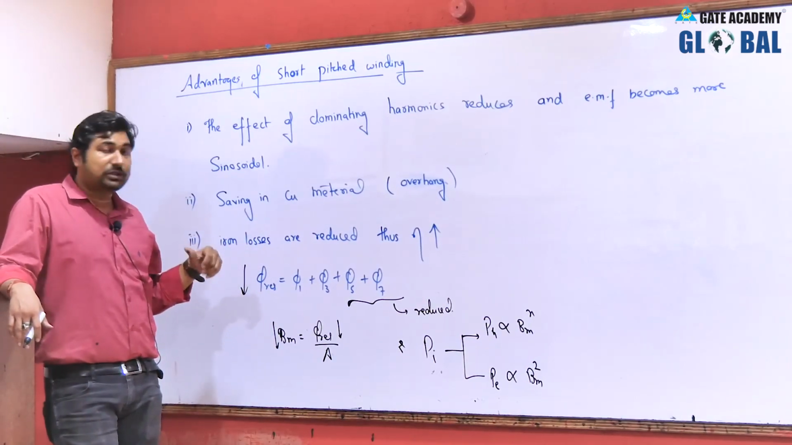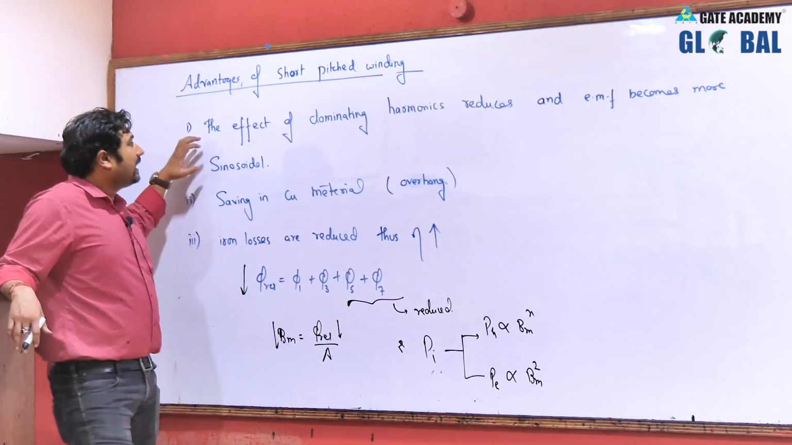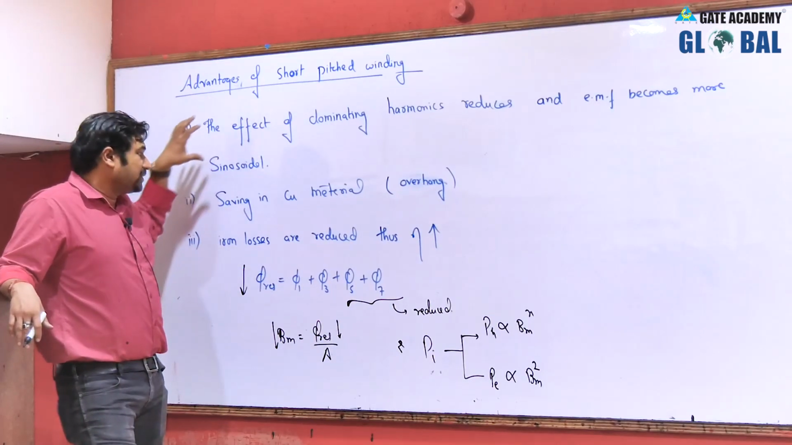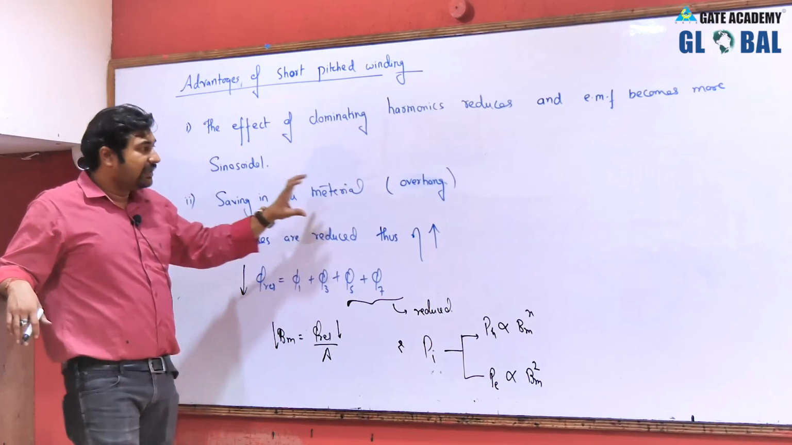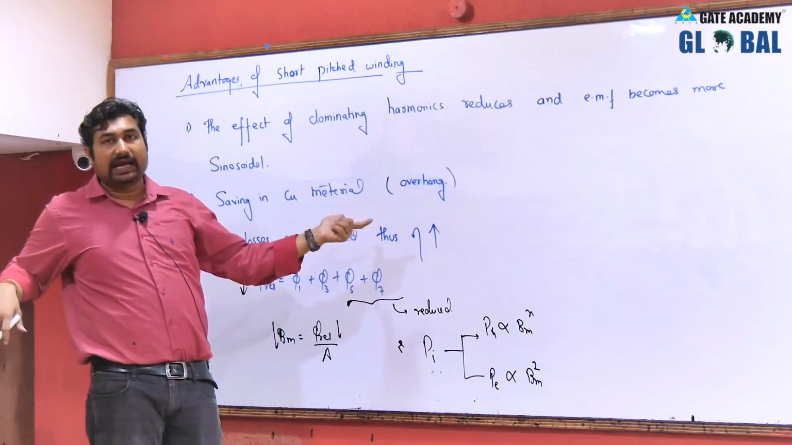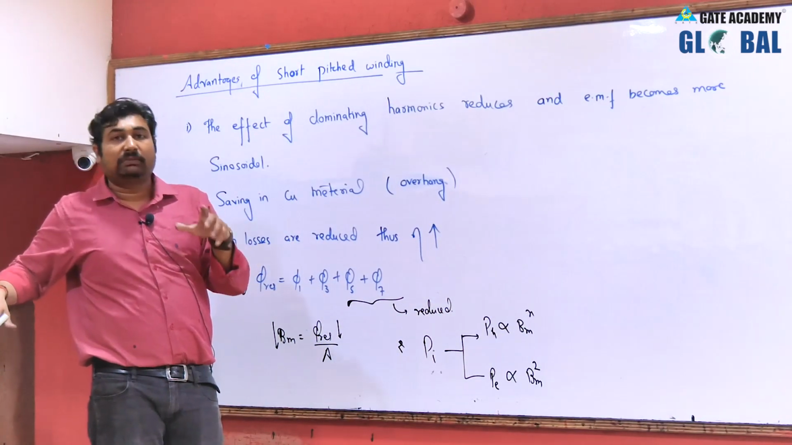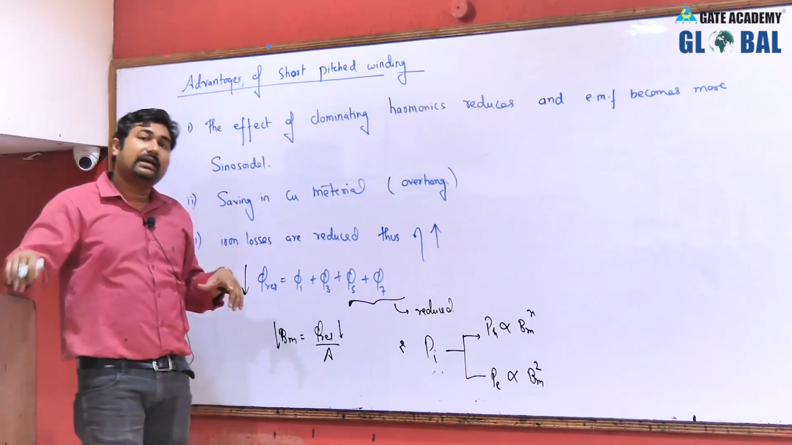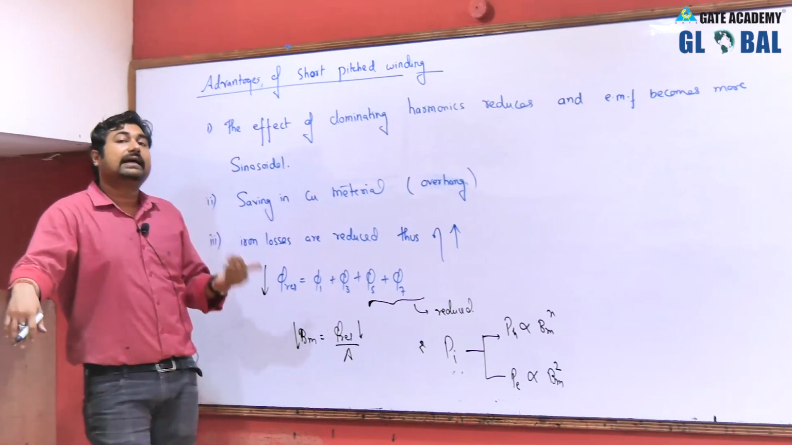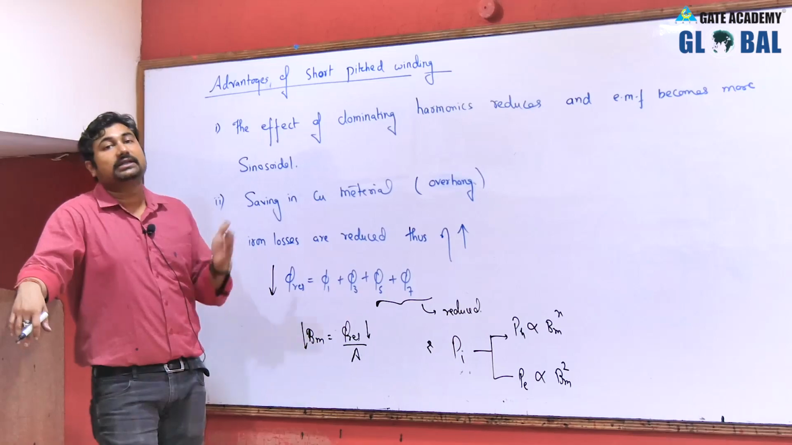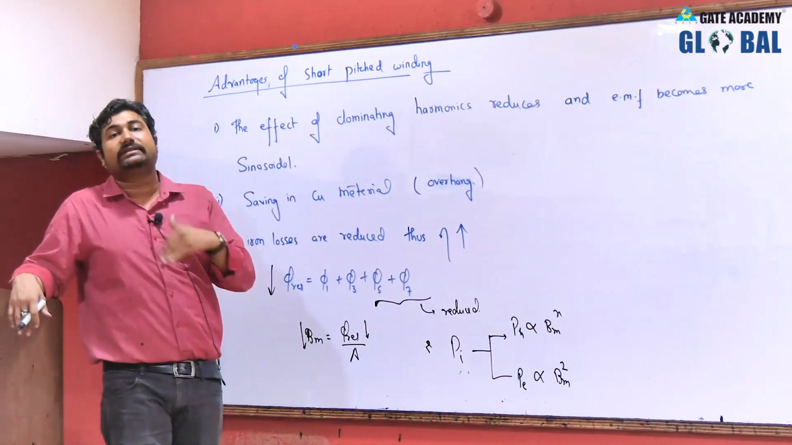The first objective is to get the sinusoidal induced EMF, which we can achieve by short pitching of the winding. The second is saving copper material in the overhang. The lengths of the conductors are not changed, but by short pitching, the overhang length required will be lower, and that reduces the overall copper and thus the copper loss, which increases the efficiency of